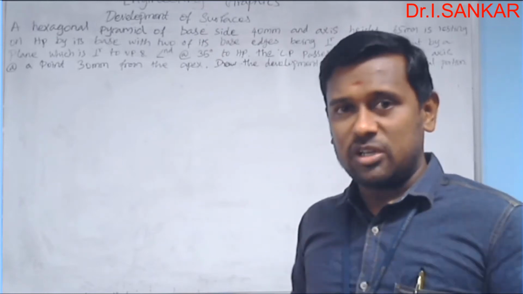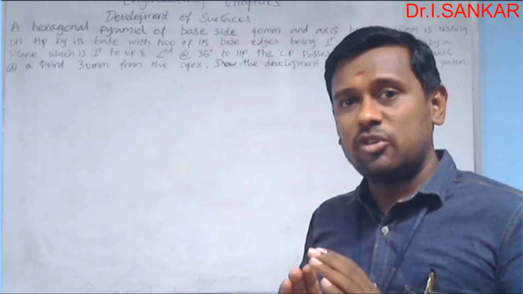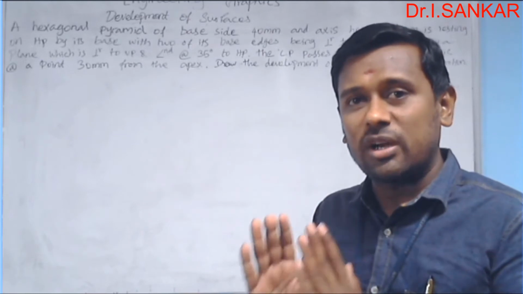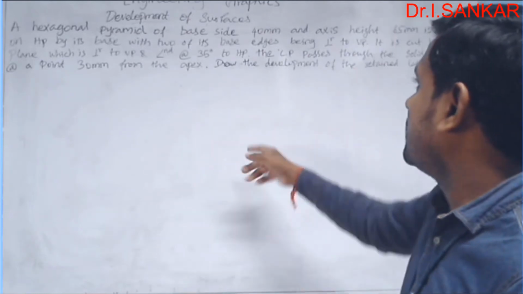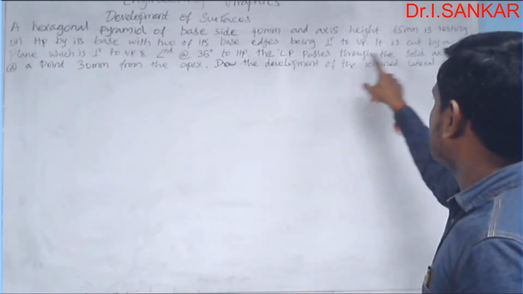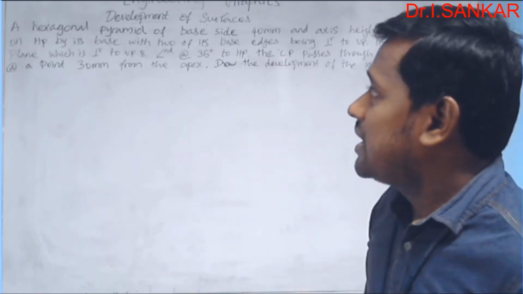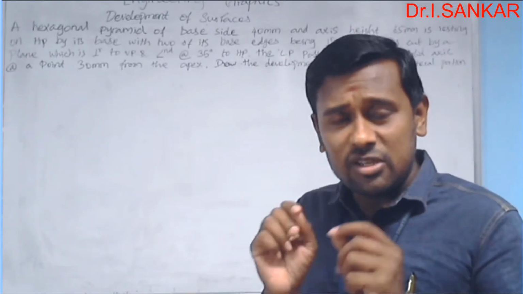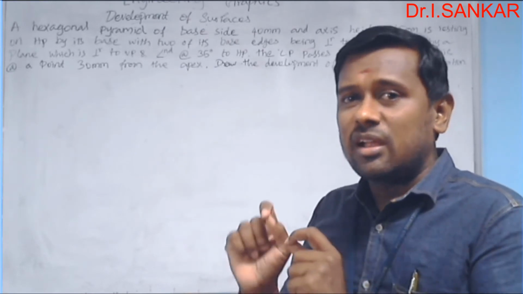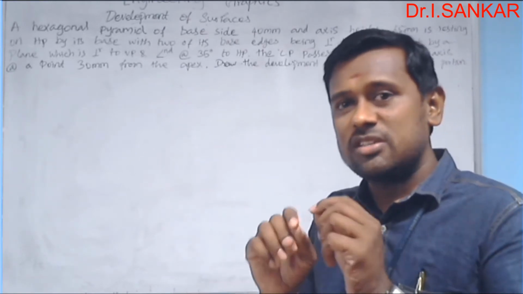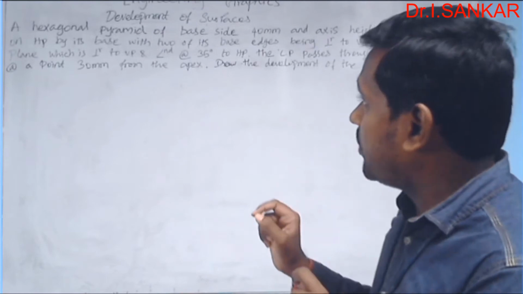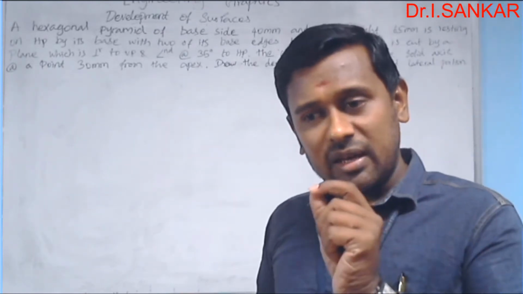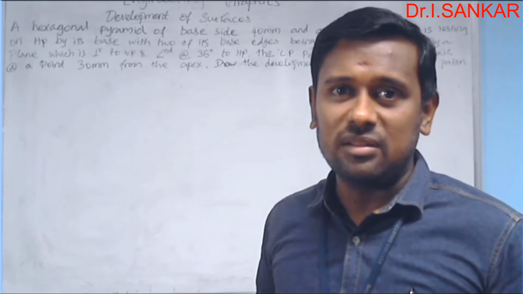So this statement is for mentioning the cutting plane. Which type of cutting plane is going to cut the solid? And further, the cutting plane passes through the solid axis at a point 30 mm from the apex. In which way is the cutting plane cutting the solid? It is passing through the solid axis at a point 30 mm from the apex. So this statement will give you where exactly the cutting plane is cutting the solid.